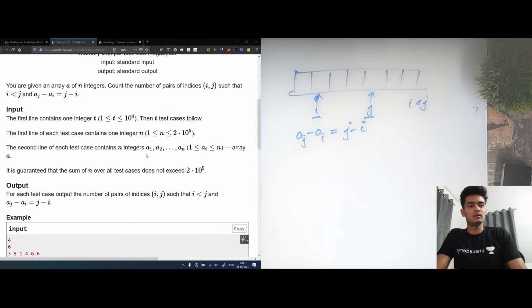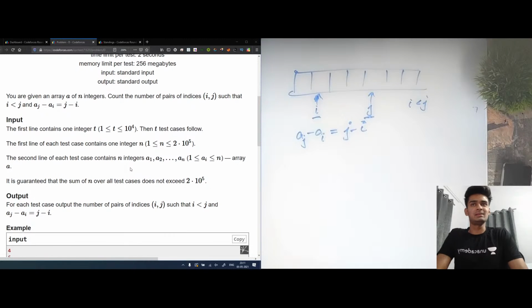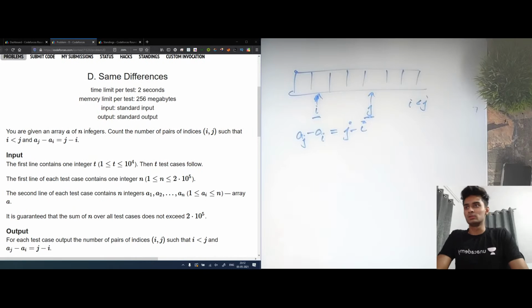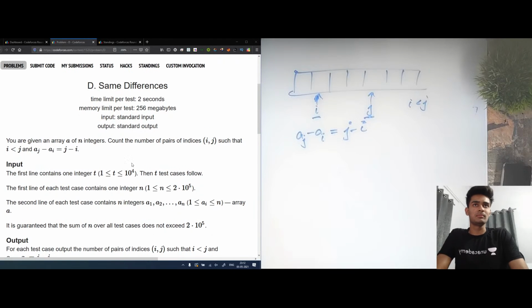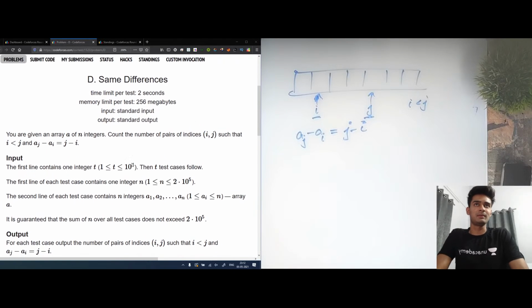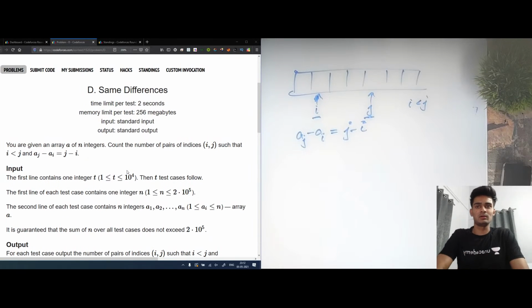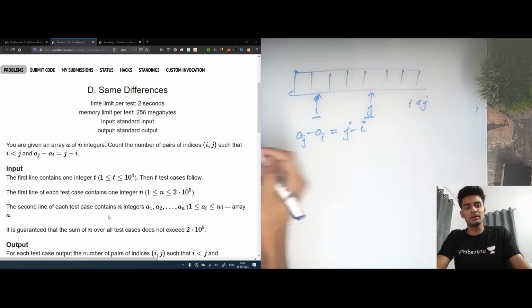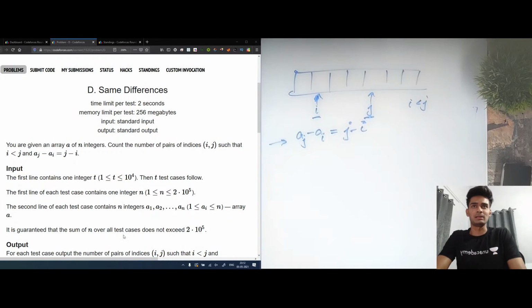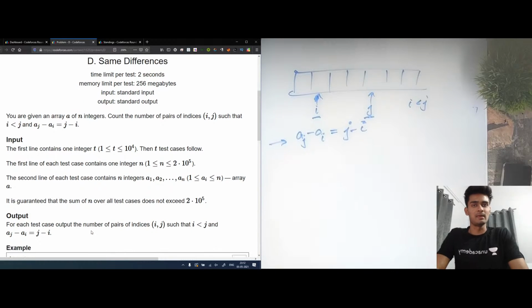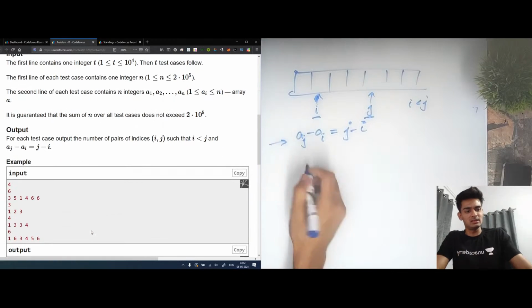So this is actually a pretty standard problem and a very well-known problem. If you were not able to do this problem, I would say that's perfectly fine, because this is a very standard problem which, if you know, you'll be able to do every time. And there are multiple variations of this problem as well. So if you know this problem, you can actually solve other variations as well. Okay, so let's see the very first problem.